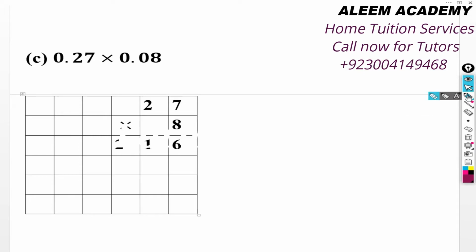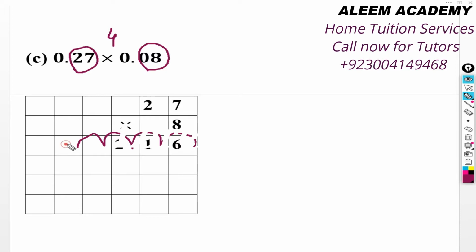So to put the decimal, we can count the numbers. See, there are two numbers after the decimal here, and two numbers after the decimal here. So 2 and 2 make 4. So you have to leave 4 numbers from the right hand side. This is the right hand side, so leave 1, 2, 3, 4, and then put the decimal here. See, there is no fourth number, so the fourth number will be 0. Okay, so the answer will be 0.0216.